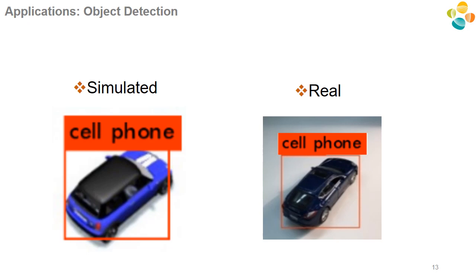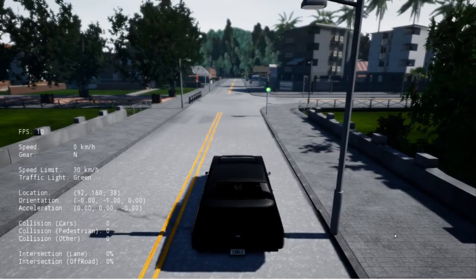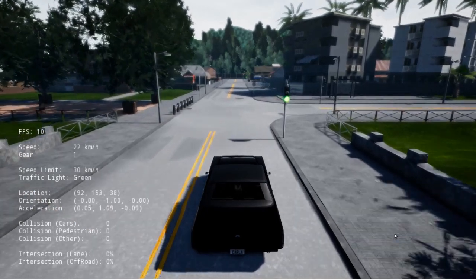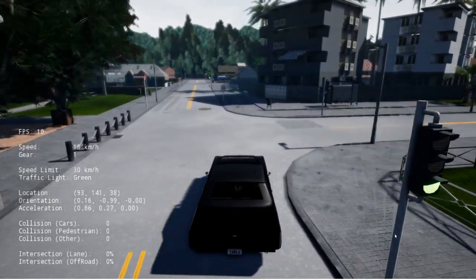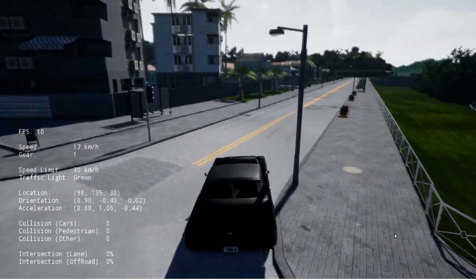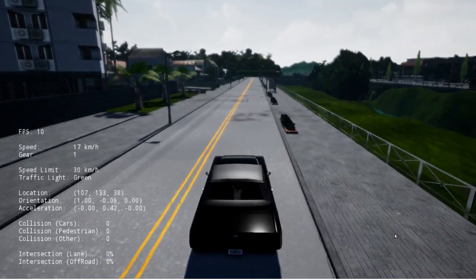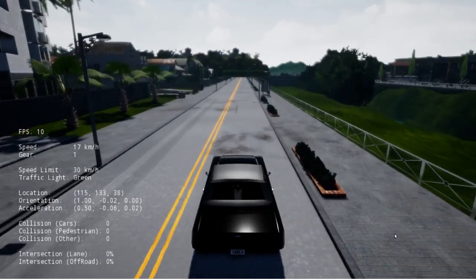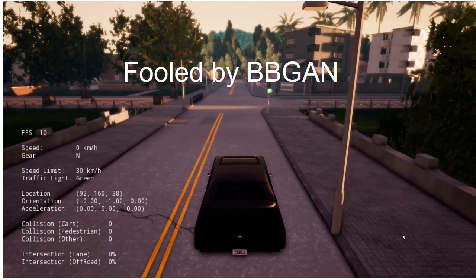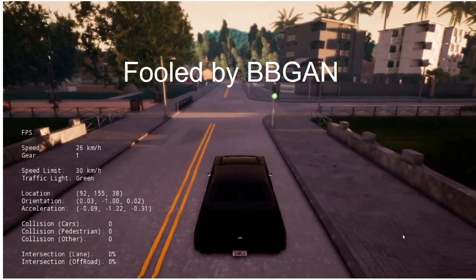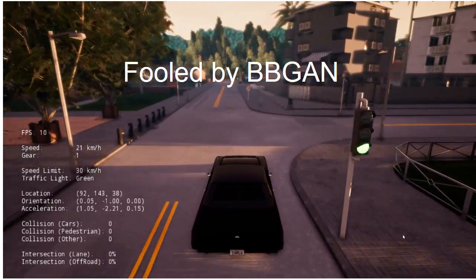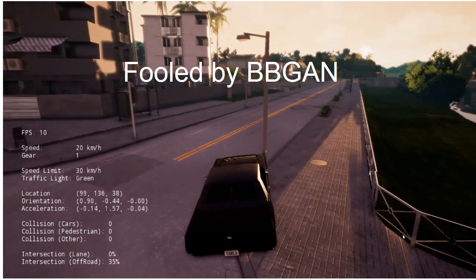Here we show how a trained agent works fine on the Carla simulator for self-driving car. However, when the environment is attacked by our BBGAN, the agent fails, as can be seen here.